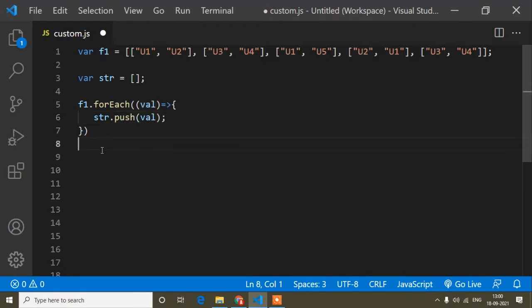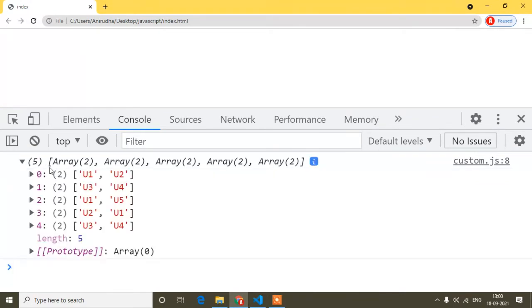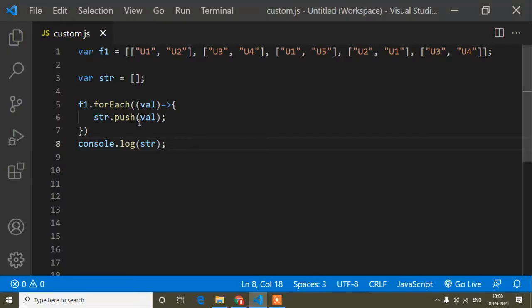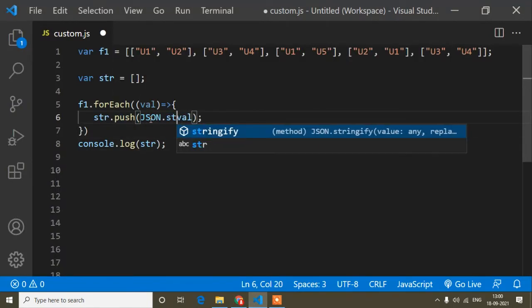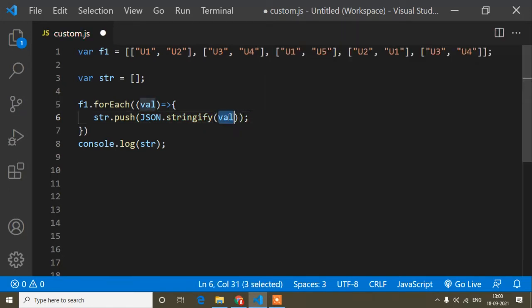Now if I console.log this str, let's see what output I get. You can see I'm getting this output, but these are in array format, so I will convert it into a string. So I will write JSON.stringify, and inside this JSON.stringify I will write this value.